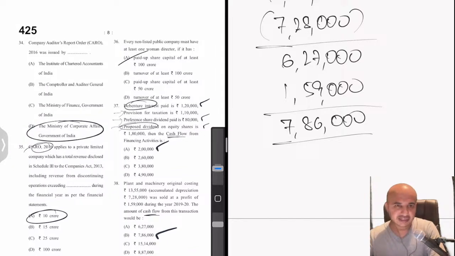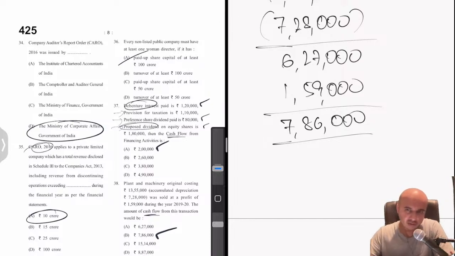Fine. In a little less than 1 hour we have been able to solve 38 questions. I'm sure in the exam you'll be able to solve these questions at a much faster pace. Actually, time is not an issue at all with respect to CMA, I believe, because there is a healthy balance of theory and practical questions, so you don't have to worry too much about time.